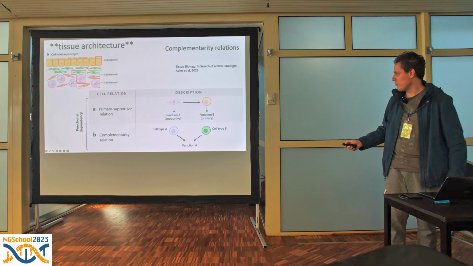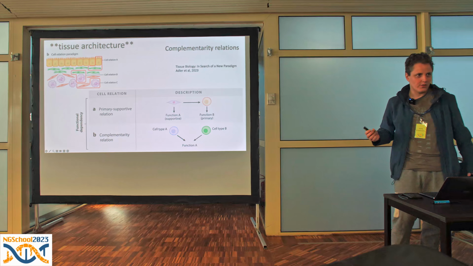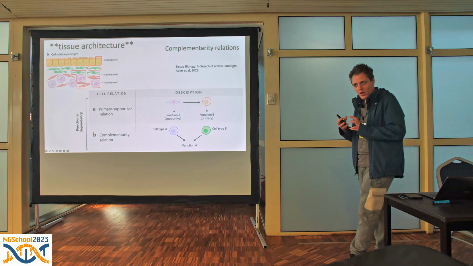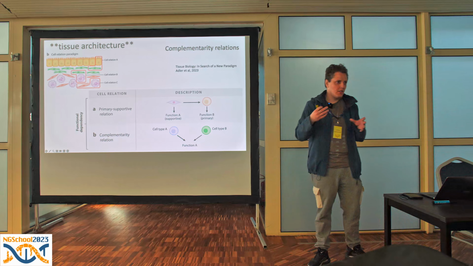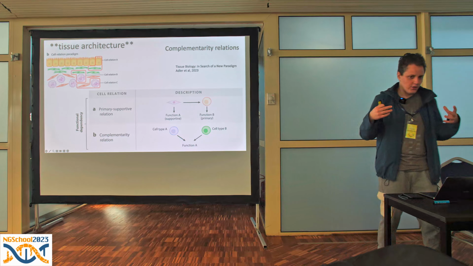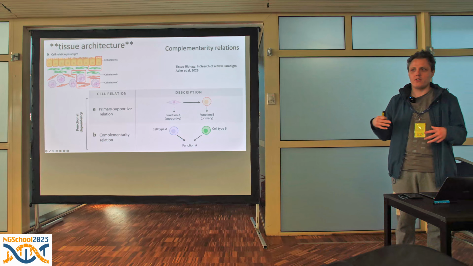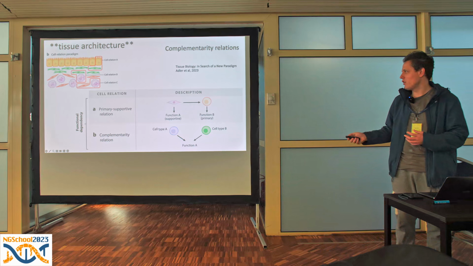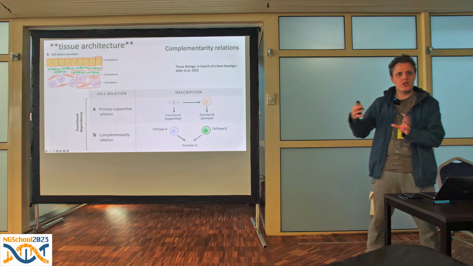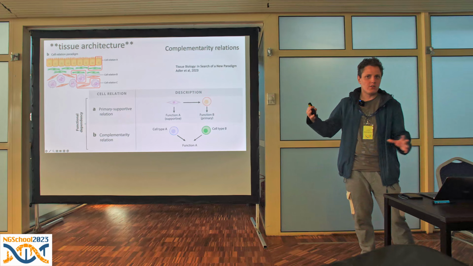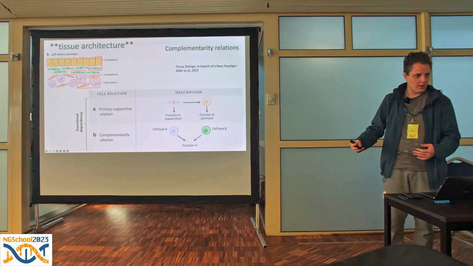And another example is supportive relations, where neurons are the main cell type of the brain, but they need other cell types in the tissue, such as astrocytes and oligodendrocytes, to work. And an astrocyte or oligodendrocyte doesn't really make sense without a neuron. But depending on which neurons are in which area especially, those other supporting cell types also need to adapt. So